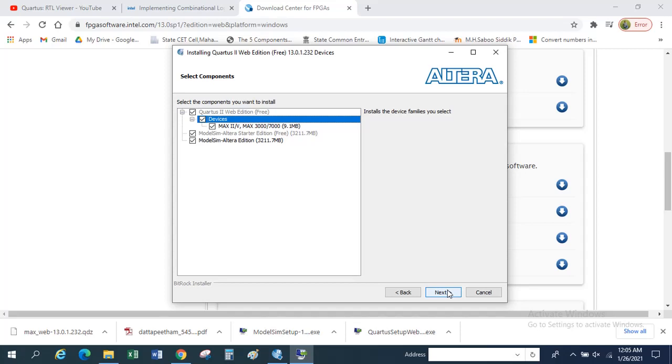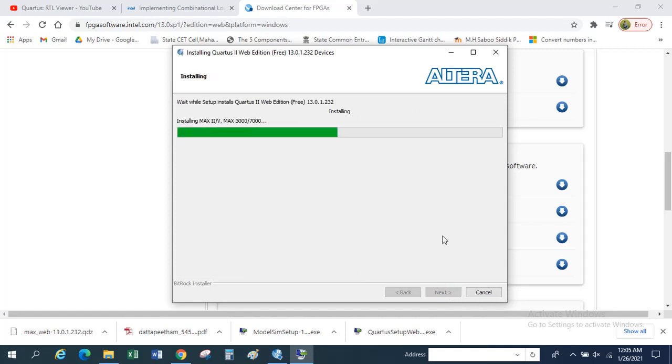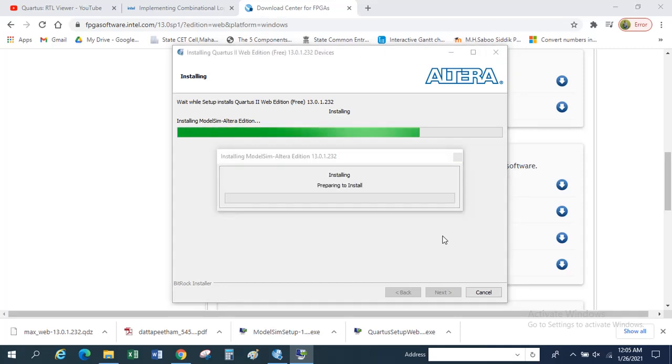As I say next, it will install that particular chipset as well. Now installation started again. So whatever incomplete path was there, now we are completing it. So no worries, even if you forget something somewhere, it will guide you, and the software is very user friendly. It will help you to install it properly.